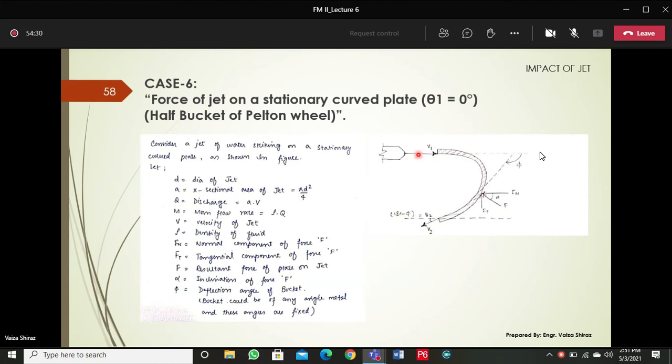In the previous equations, wherever you used θ1, put that θ1 as 0. So everything else is the same. Only the additional factor is this deflection angle. It shows at which angle your bucket is deflected with respect to the horizontal. Usually in the design, you decide this deflection angle. If you know this deflection angle, you can find out the vane angle at the outlet tip.